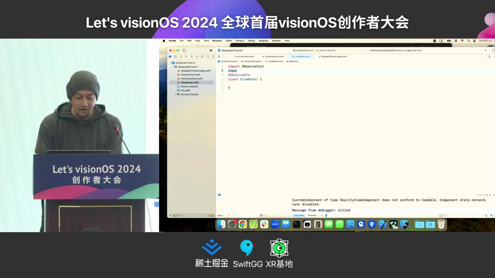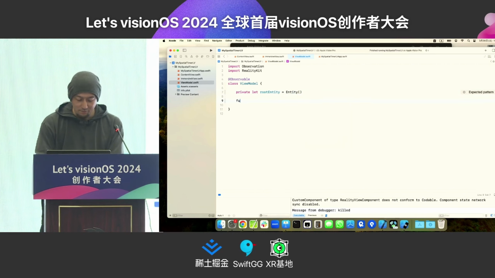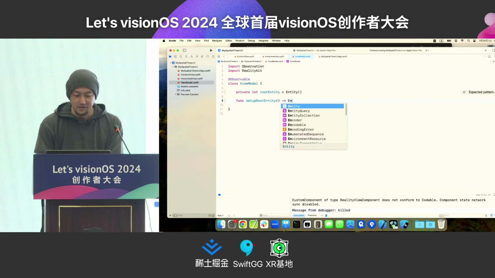Also use RealityKit. And this has a root entity, and a function setup root entity that returns entity.